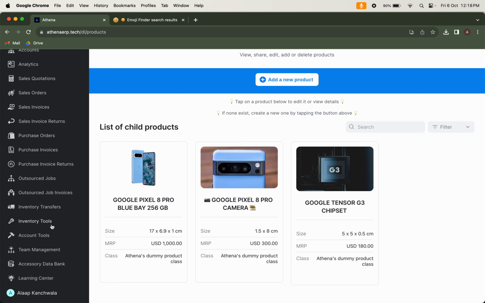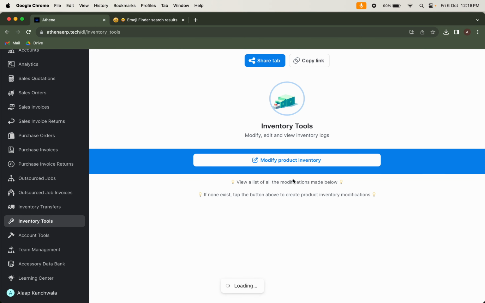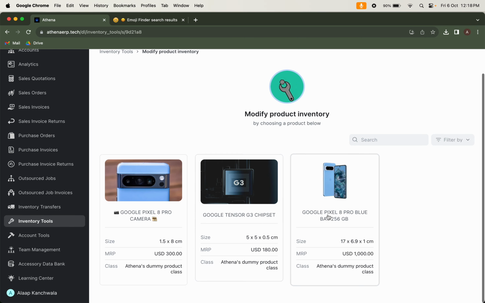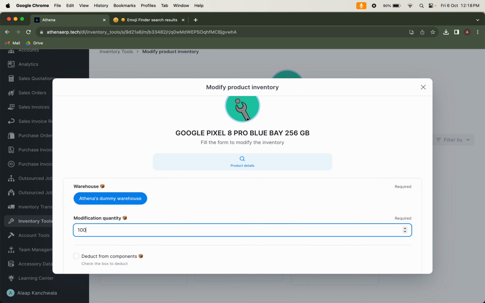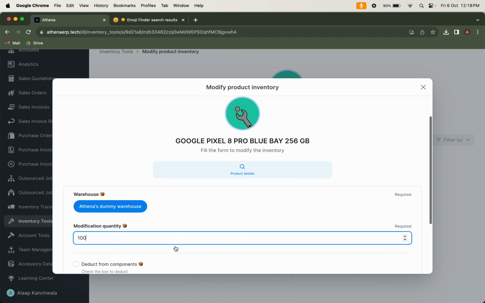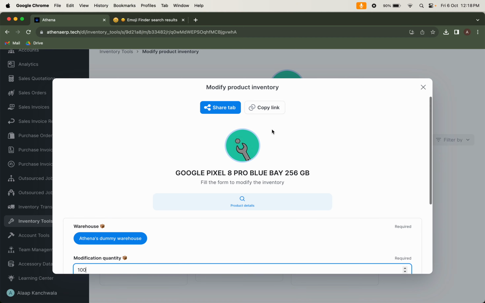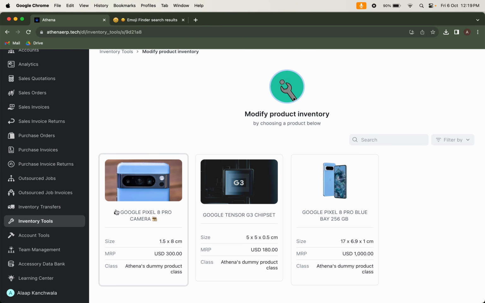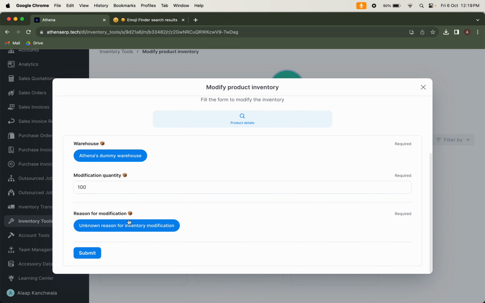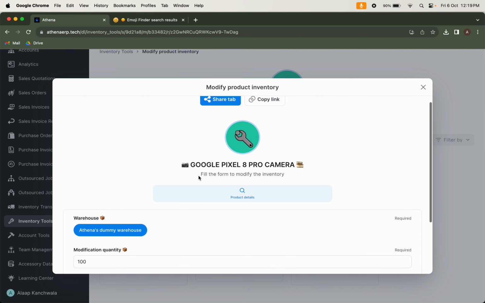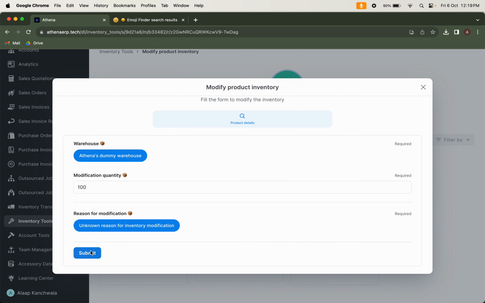So we head over to our inventory tools tab. We modify our product inventory. We hit this one and we say, at this warehouse, let's just add in 100 pieces. Oh no, this is the wrong product. For this product, let's add in 100 pieces. The reason for modification you can add later, but right now this is the default reason given. So we add 100 pieces of the Pro camera at Athena's dummy warehouse